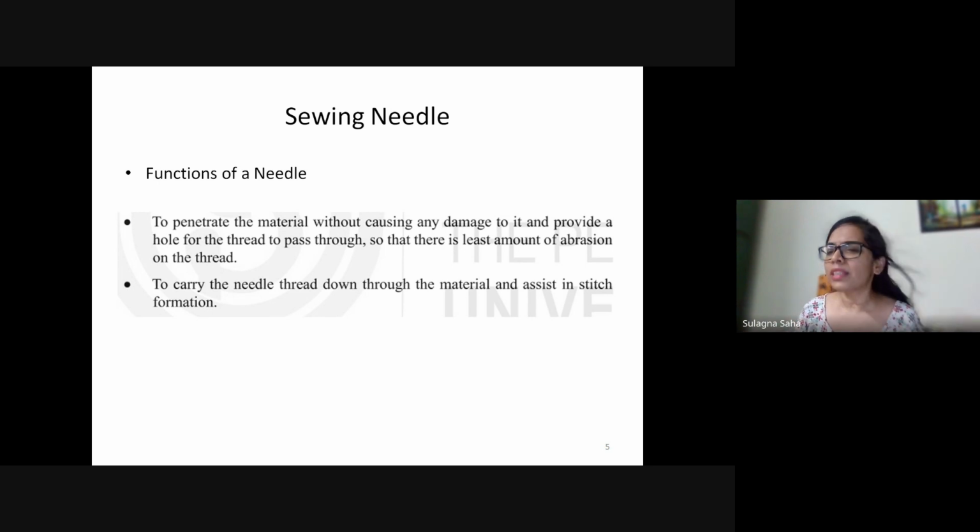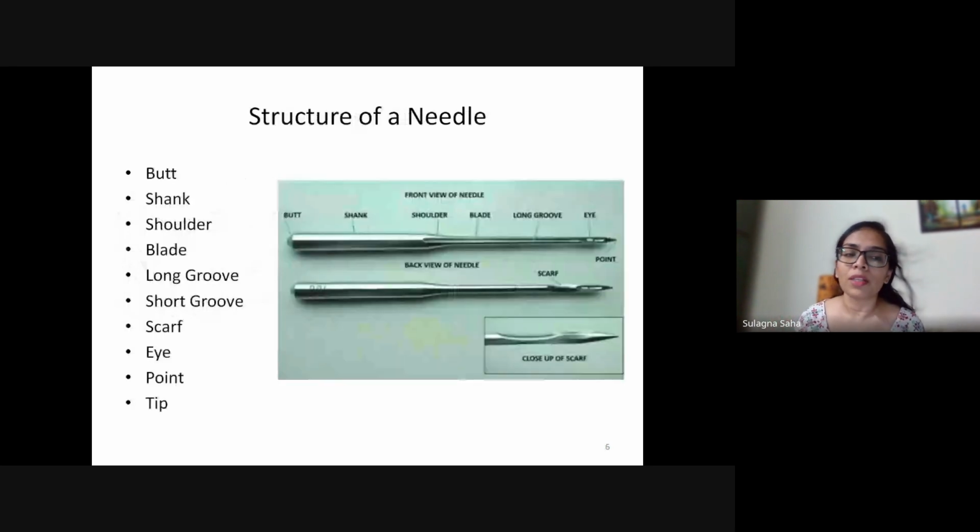A very similar thing actually happens in the case of heavyweight fabrics such as denim and canvas, because the fabrics are so tightly woven. If you do not pierce at least a little, you will not be able to stitch. However, even in this case, the SPI and the needle size play a very important role. We'll come to that in a moment. Let's first look at the structure of the needle. What are the parts of a needle?